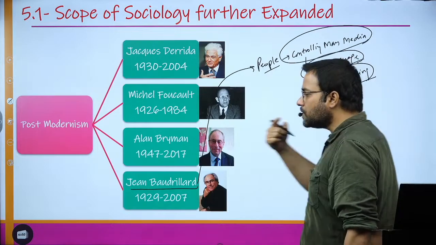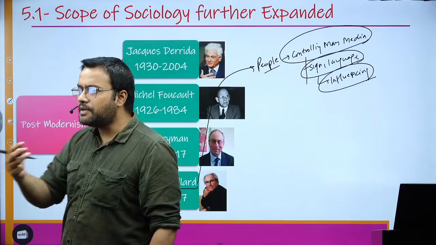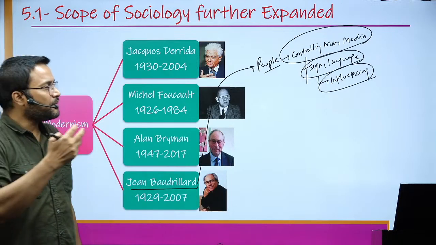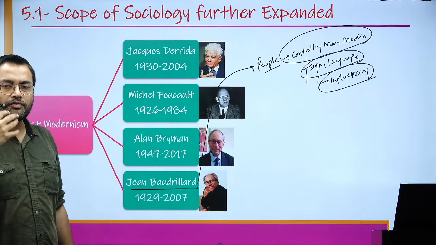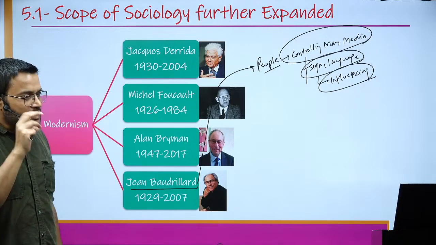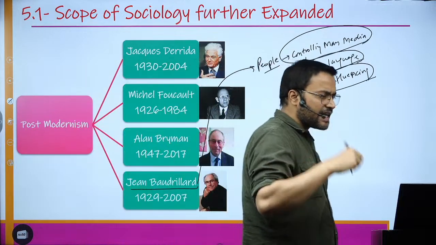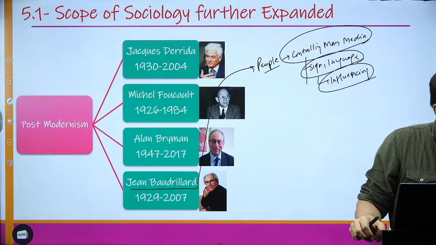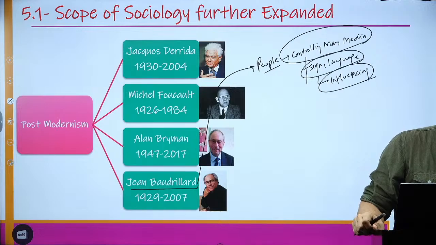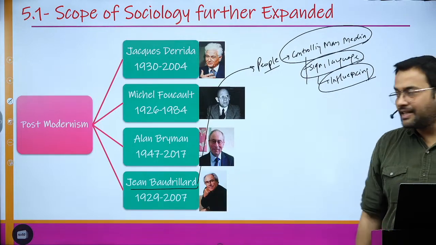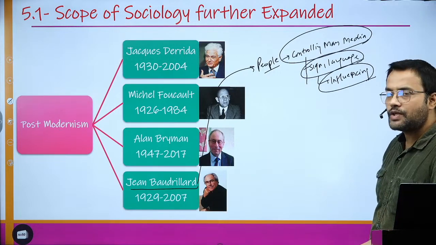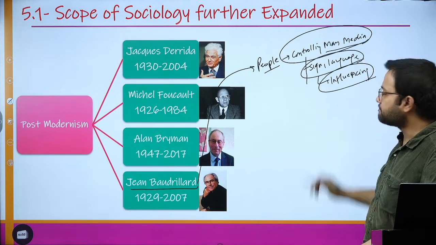Just like we have YouTube influencers, Instagram influencers. So the people who have lots and lots of followers, what happened? They are able to influence your thought process, change your mindset. Okay, so to that extent, they are very powerful. Just like you can say various kinds of big companies who are using advertisement to dupe you to buy their products. So signs and languages influencing. Okay, so controlling mass media.